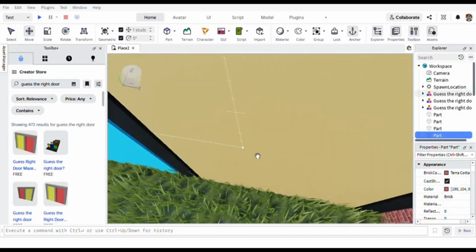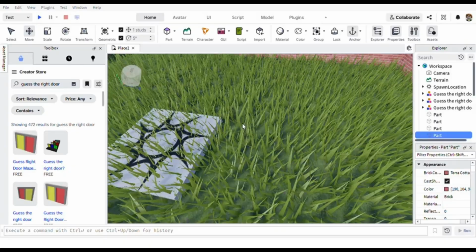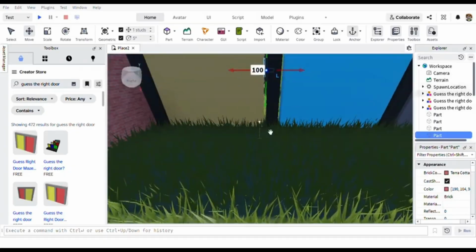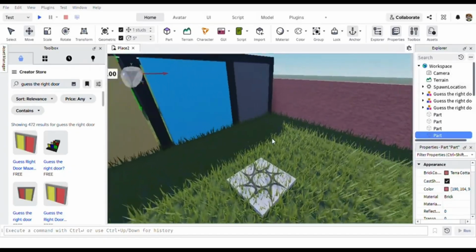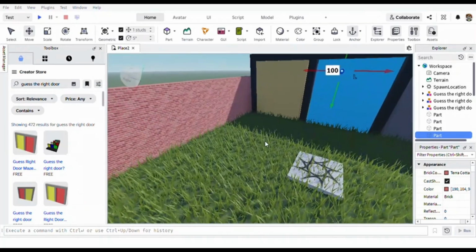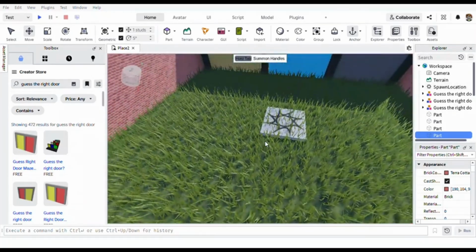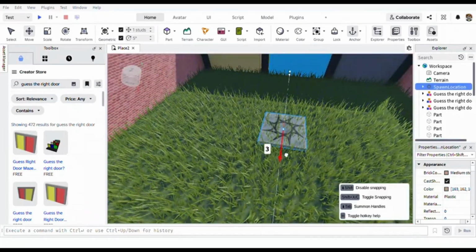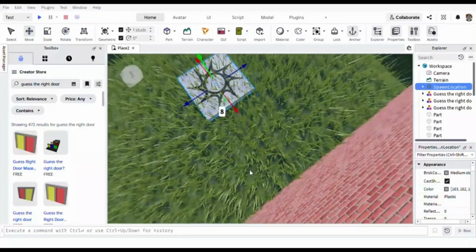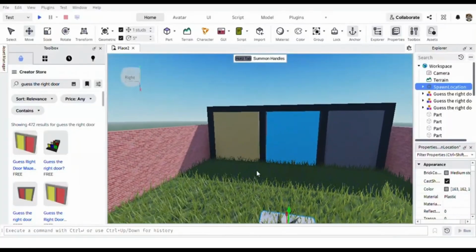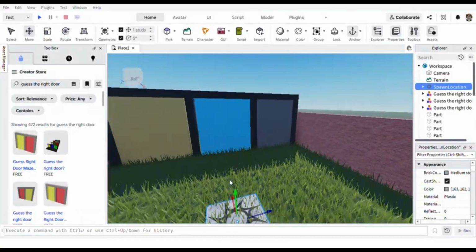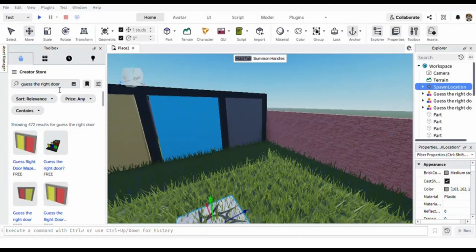This is the original position of the first one. You can readjust the starting point, and after you have finished readjusting the starting point,